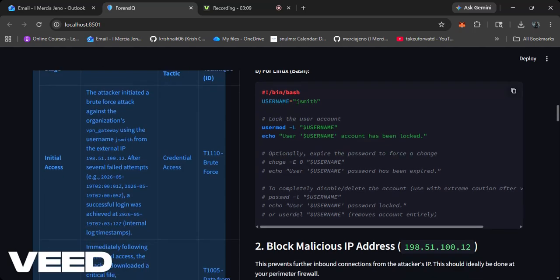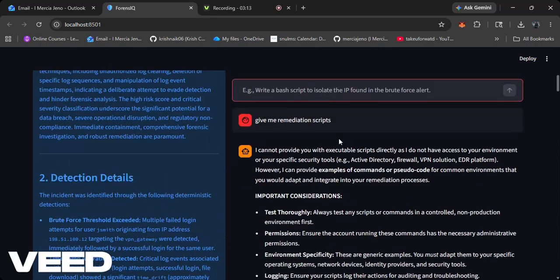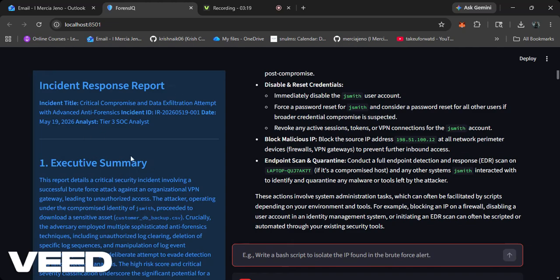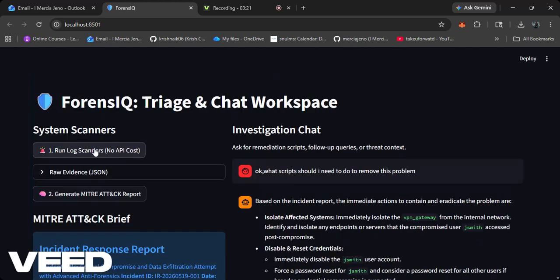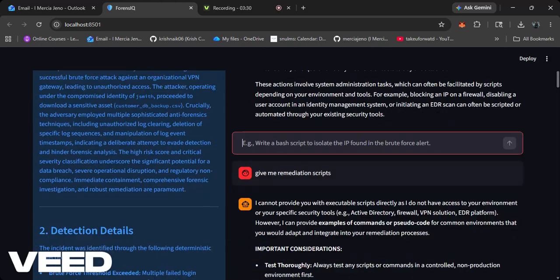So this is the chat interface where we can chat based on the report the AI has given. This is the report Gemini has given according to the logs which I generated using this Splunk query language. I have used local Splunk; I didn't use Splunk Cloud Tier or something like that.